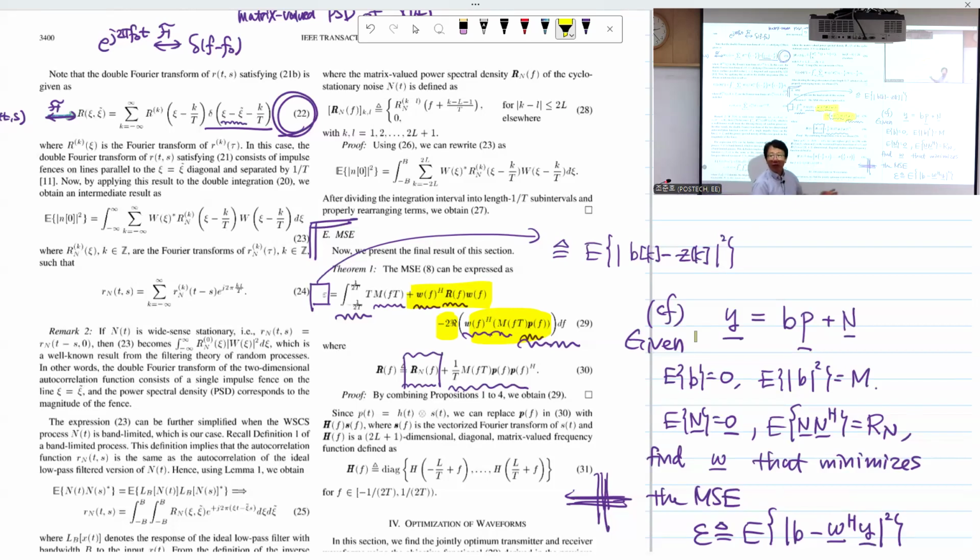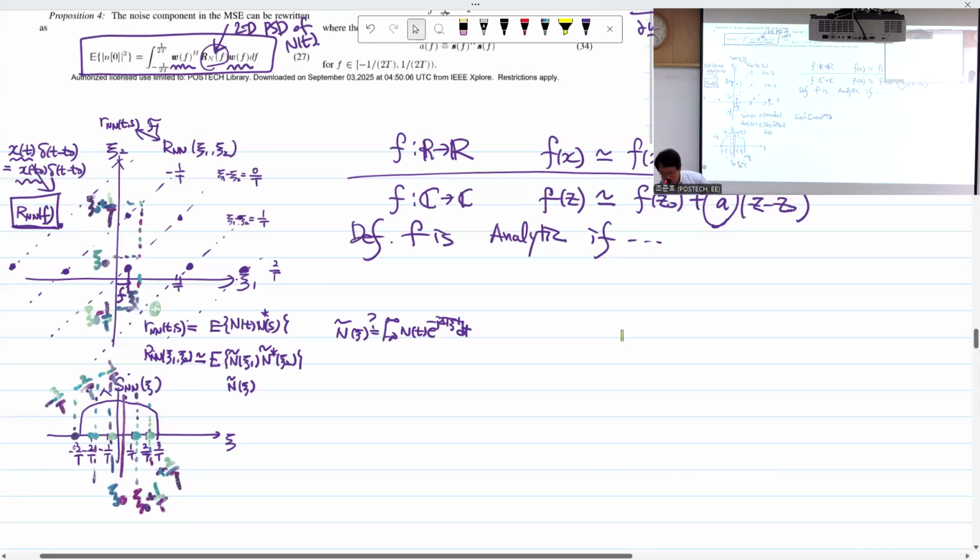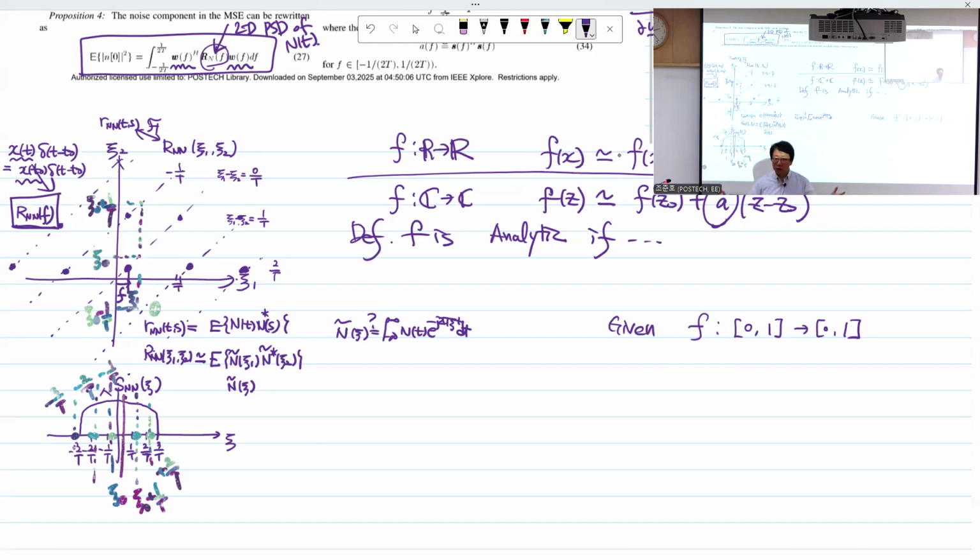Actually, this idea appeared amazingly in the entrance exam of the Postech undergraduate course long ago. Let me give you a simplified version of that problem, and you'll be amazed. Our math department professor was so crazy at that time. Given f defined on [0, 1] to [0, 1]. Ready? What does this mean? Its domain is the interval [0, 1]. Its range is [0, 1], right? Given f, find f